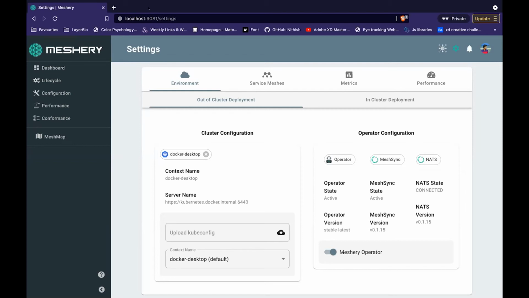Other than that, we also have a processing scroll bar now. So whenever we turn the Meshery operator switch on or off, it will show it. That's actually, there's some problem with it right now. That's why we are not able to see it. So is it running or not? No, it's not working. I mean, it's not able to connect to the server itself. I was actually playing with the deployments, trying to delete them, and I was not able to get them back. So actually, right now, the broker is not connected. Nothing is actually connected right now.